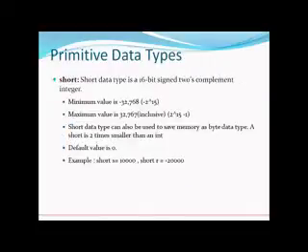Another primitive data type is short. It is a 16-bit 2's complement integer, and the minimum value associated with a short is -32768, or we can also say -2 to the power of 15, because 15 bits are for storing ones and zeros, and 1 bit is reserved for its sign. So the minimum value becomes -32,768. Similarly, the maximum value will be inclusive of 32,767.